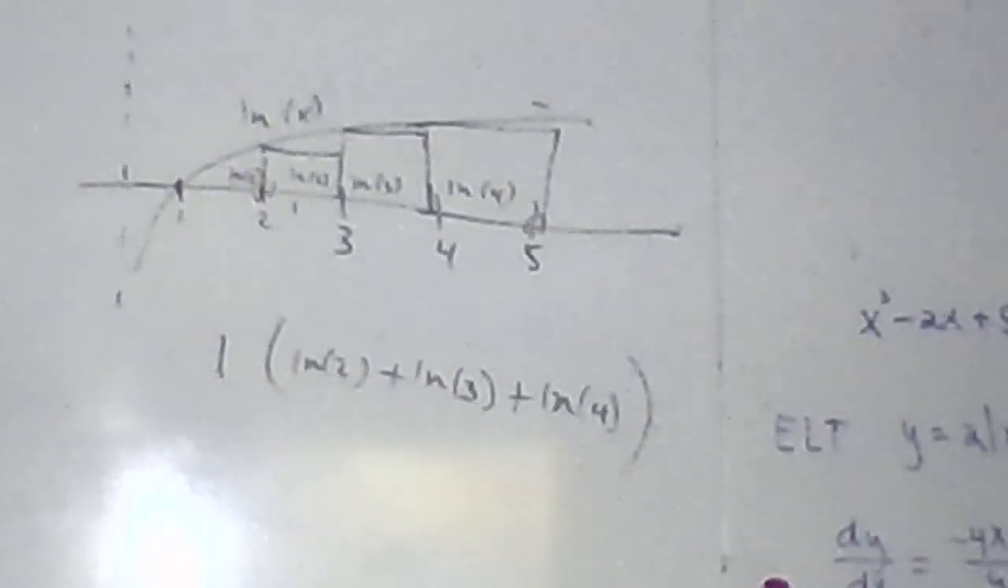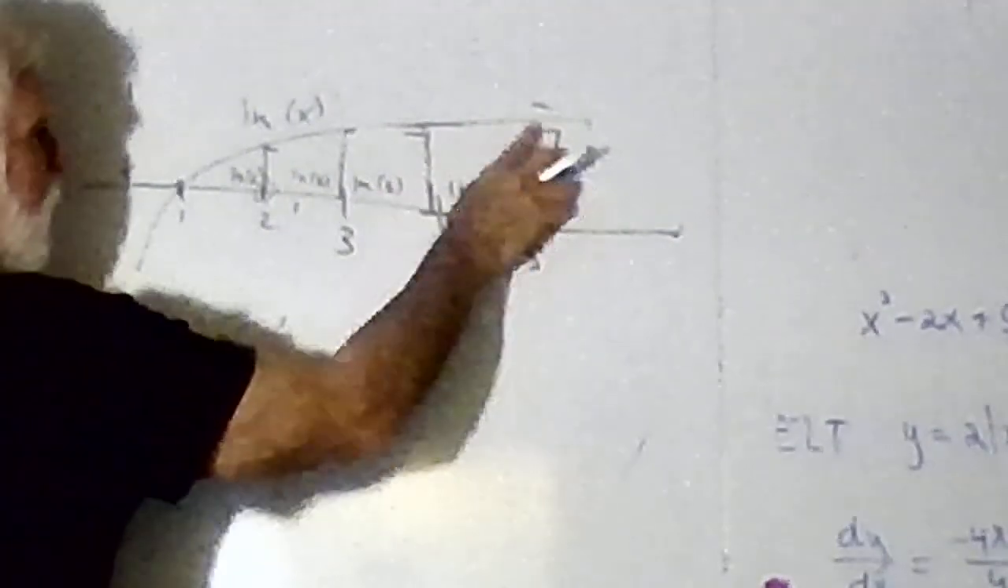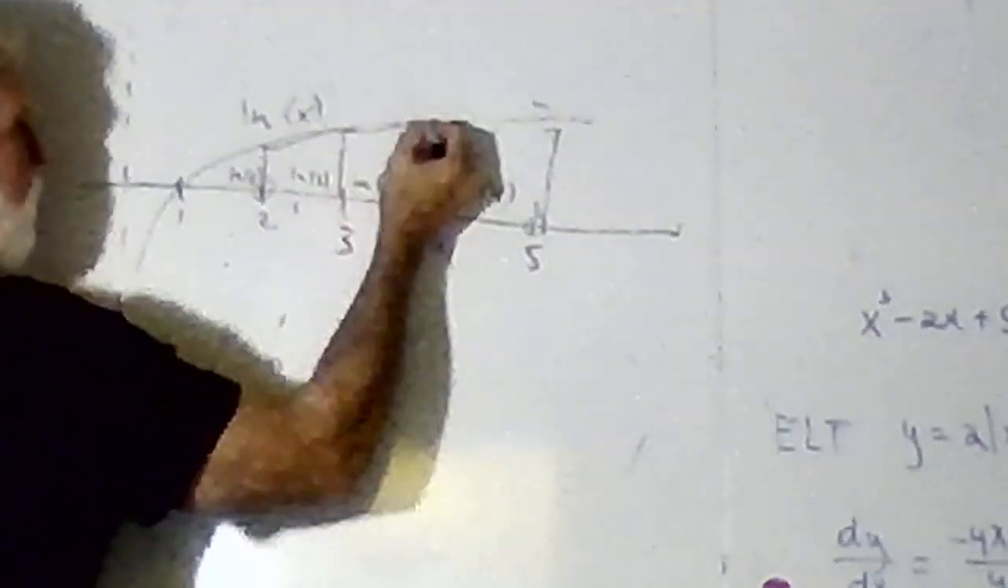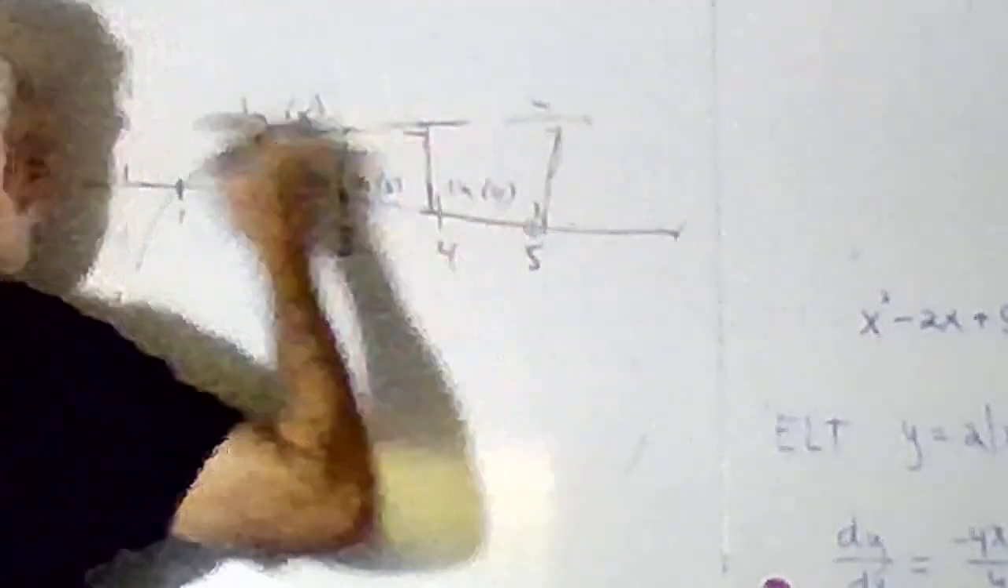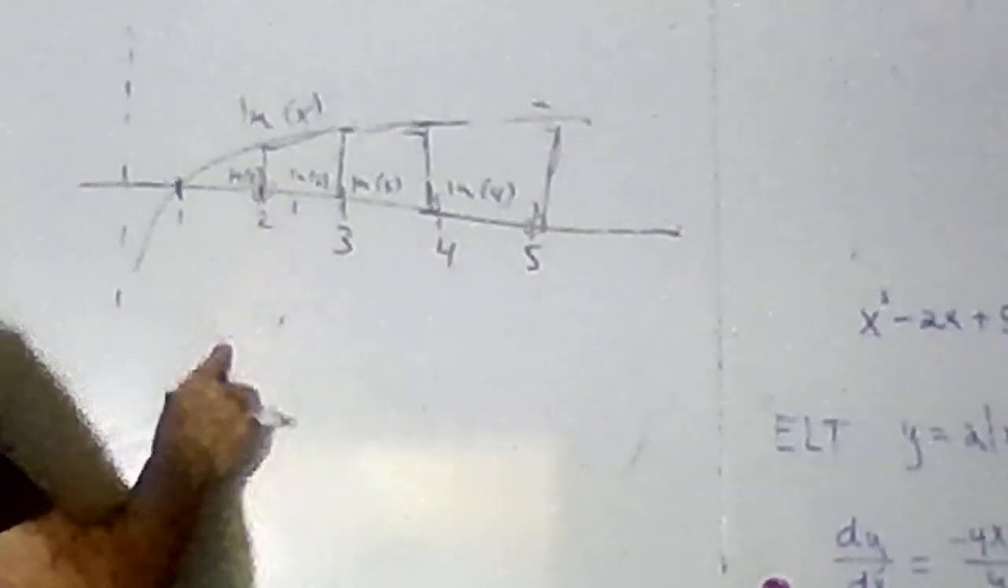Left-hand rectangles. Now let's do 3 trapezoids. 3 trapezoids, a little bit harder. I didn't pick the greatest one to do with widths of 1, but they look like trapezoids anyway. All right, but they're going to be a slight underestimate. So I need the width divided by 2